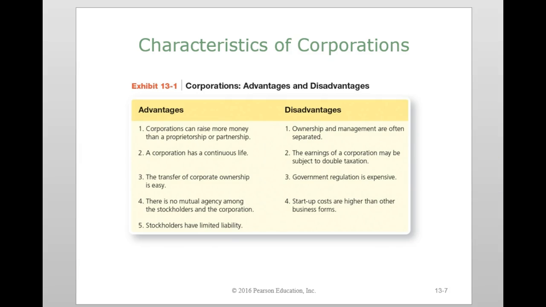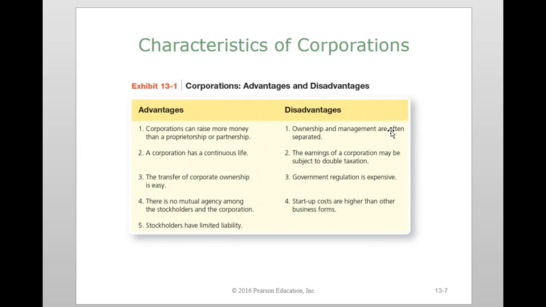Those are unique. Now, some of those characteristics have advantages and disadvantages. They can raise more money than partnerships or proprietorships. They do have a continuous life. You can transfer ownership very easily back and forth, to total strangers, to your brother, to your sister, to your daughter. It's very easy to transfer ownership. There's no mutual agency, and stockholders have limited liability. Now that's the good part. The somewhat disadvantageous